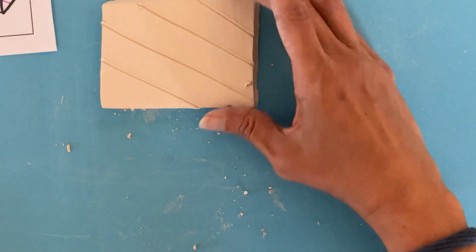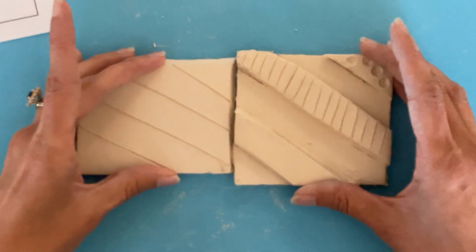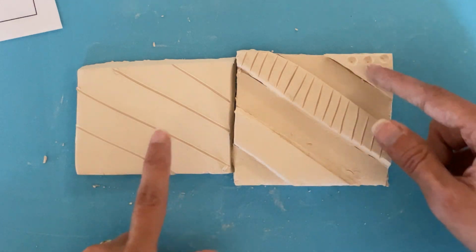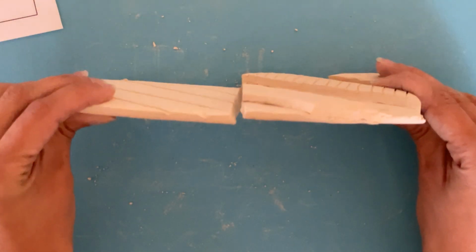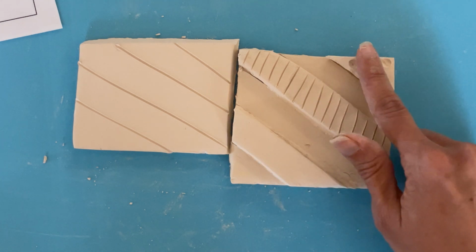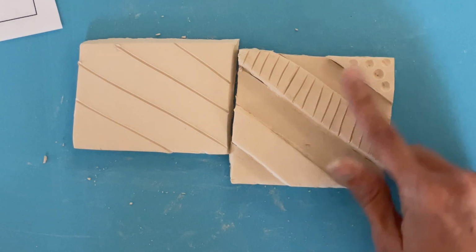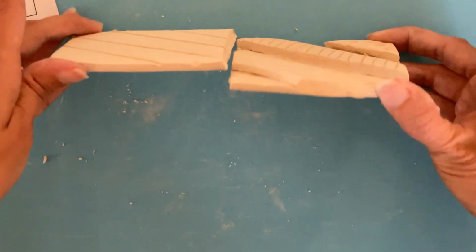On the opposite end, if you want to do applique, you can do that too. Here, with this one, I'll go side to side this way. I have my flat slab, my basic slab. I drew out my lines, but then I added onto the surface additional slabs to lift it up, to give it height. So here's my applique. I made the stripes, slipped and scored them properly, attached them. And from there, you can leave them blank, or you could add different textures, patterns, stamps to them to give them more pizzazz. But once again, same idea, that stripe pattern,